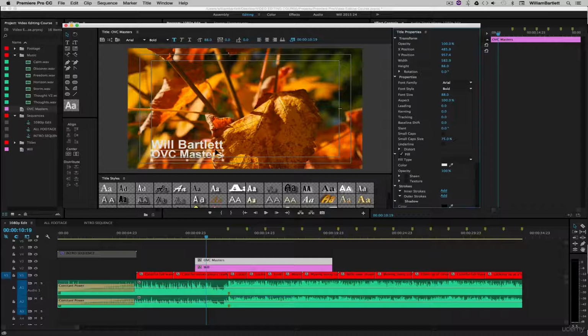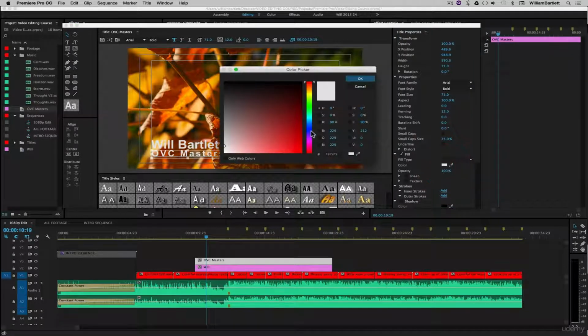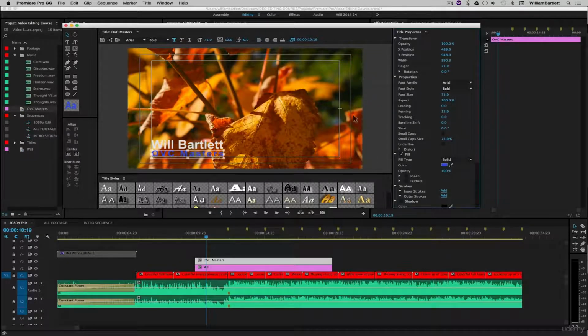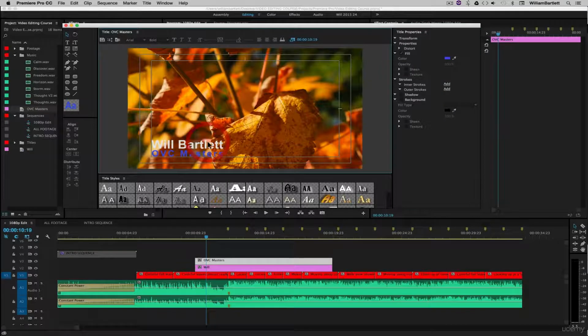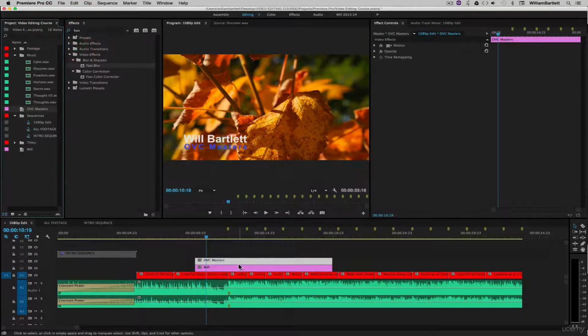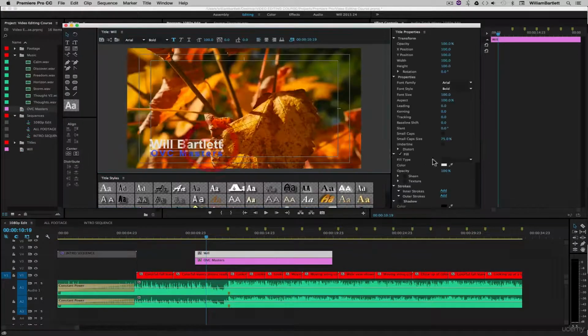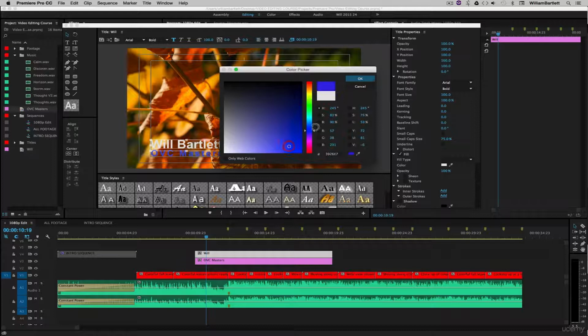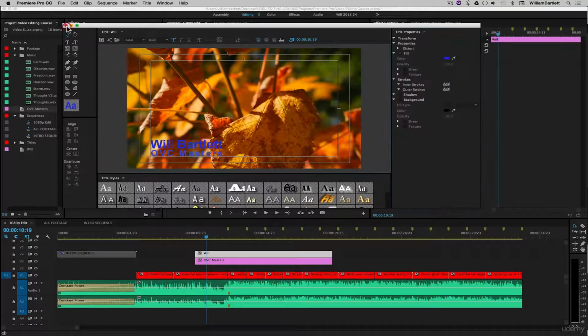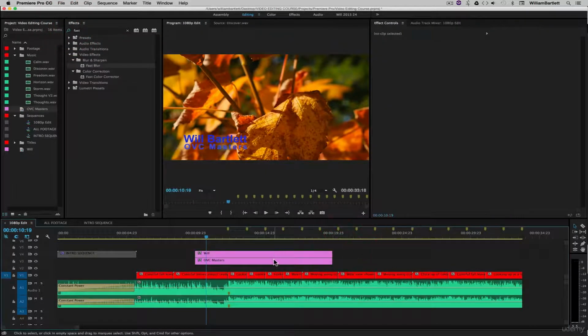Okay, now I don't think that looks too great, so instead what we'll do is we'll play around with it a bit, we'll lower it, we'll play around with the kerning, maybe change the color, make it like a blue. And okay, so that's good. We'll go into the Will one. We'll change this color too. Okay, and then from there we will create